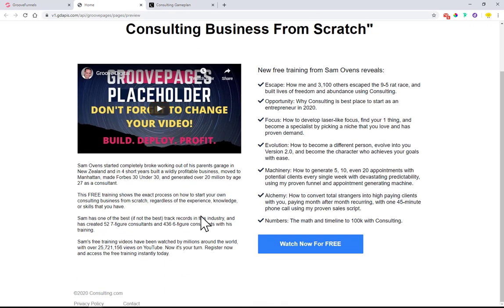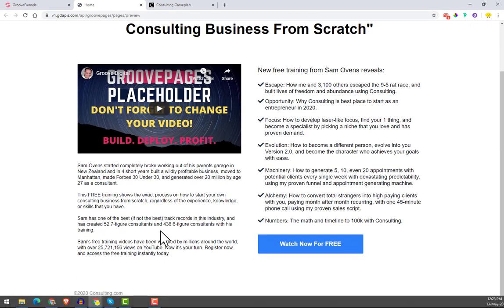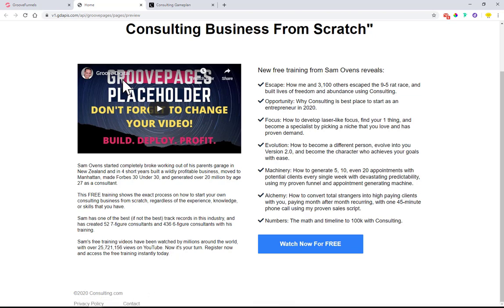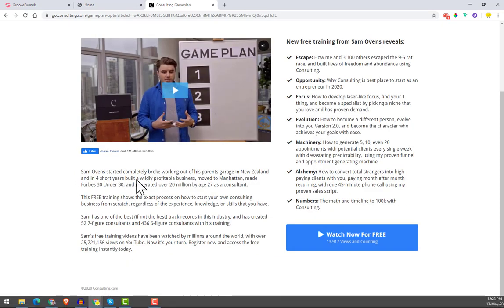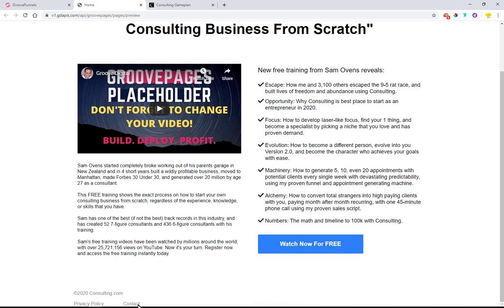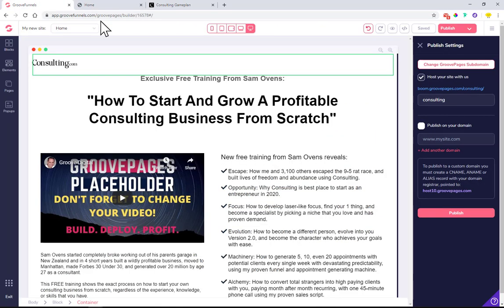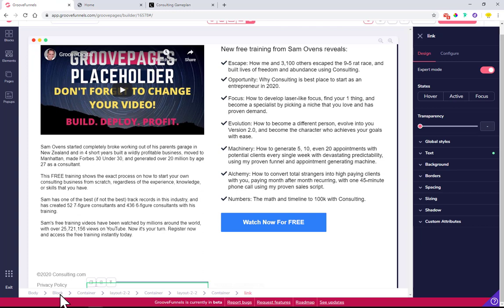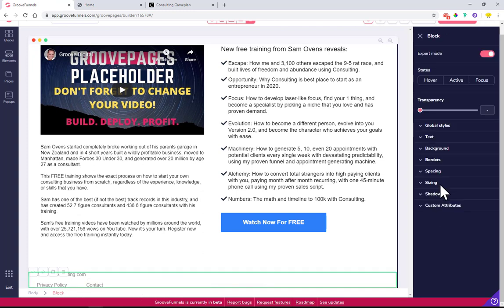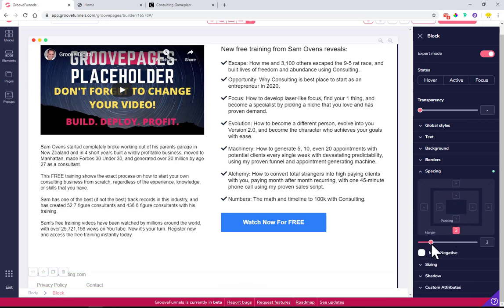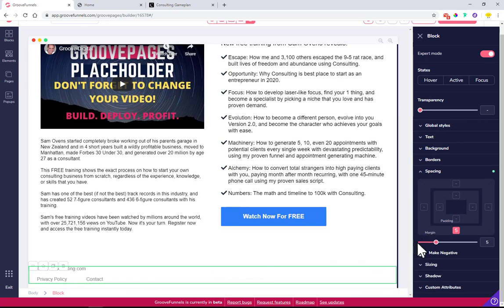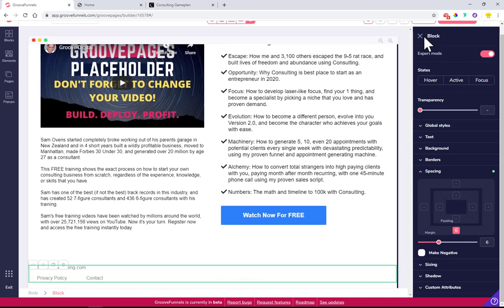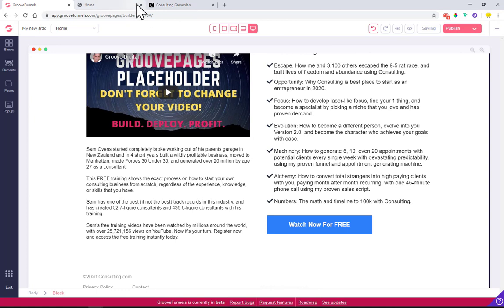Okay, so this is how it looks. We'll just add a little bit of margin down here, because you can see it is straight at the bottom of the page. If somebody wants to click it, it will not be possible. So let's just go here to the block and add some spacing. We'll click on margin and then add 6 to the bottom. Okay, save,